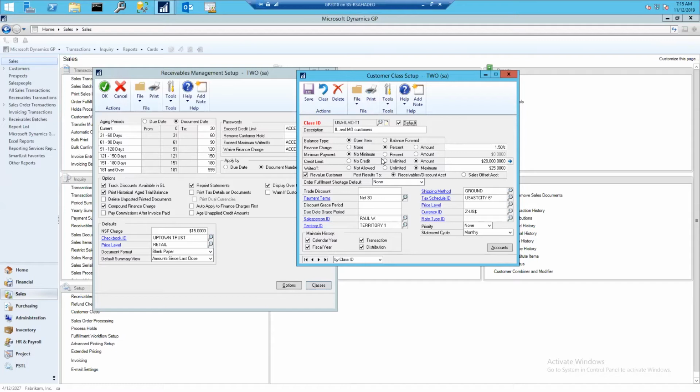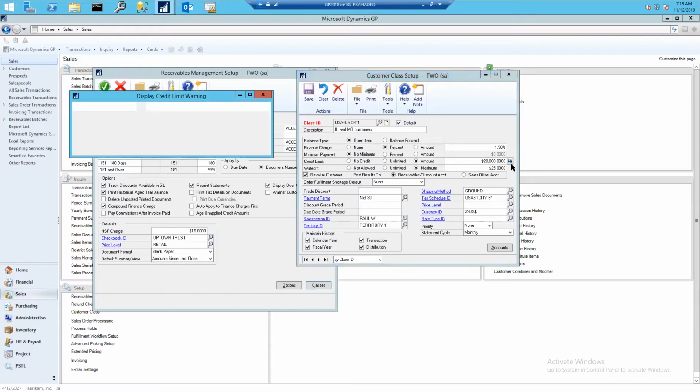You can set minimum payments to be received from this customer or from this class of customers. So you could have no minimum, a percentage, or again, an amount. Credit limits are important. Different customers, you may want to define different credit limits, or you may decide this grouping of customer, no credit or unlimited credit. Here you have an example, 20,000 has been set as the amount. And if I were to click the expansion,